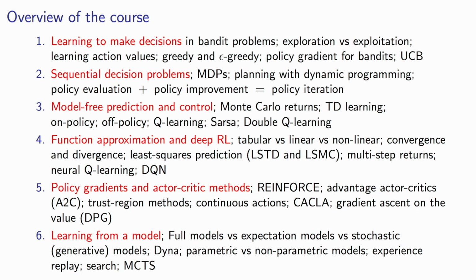Because this is the combination of deep neural networks as function approximation within a reinforcement learning context. And we discussed the distinctions between tabular representations, linear representations, and nonlinear representations. Also touched a little bit on convergence and divergence in these settings. We've seen very small toy examples in which you can get these algorithms to diverge if you basically do it wrong, if you're not careful. There are some fundamental issues there, and it's important to understand these examples.